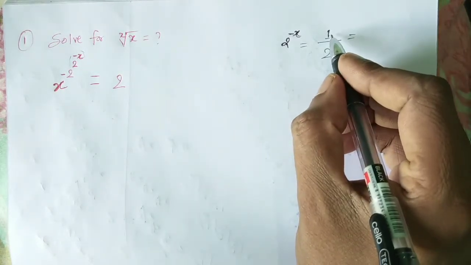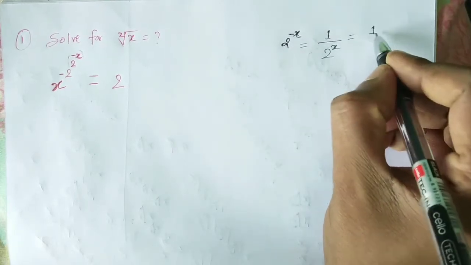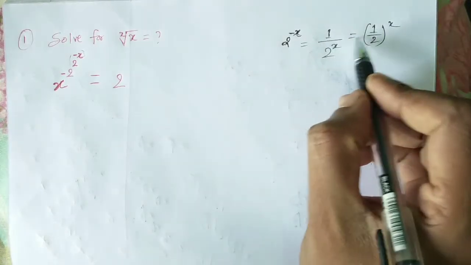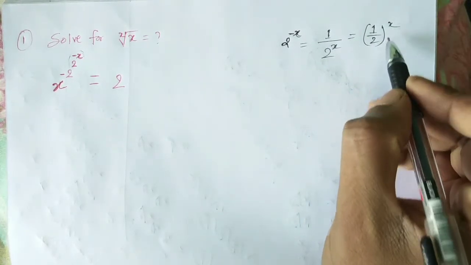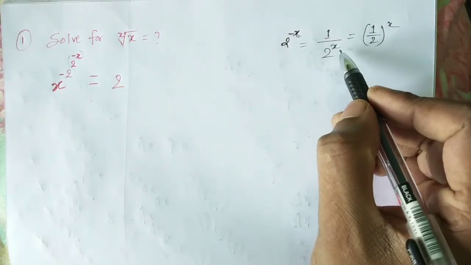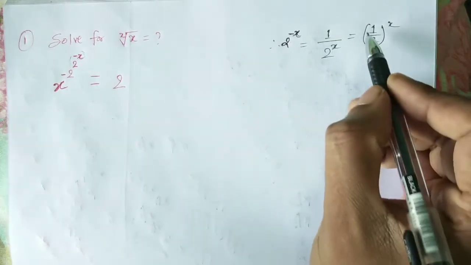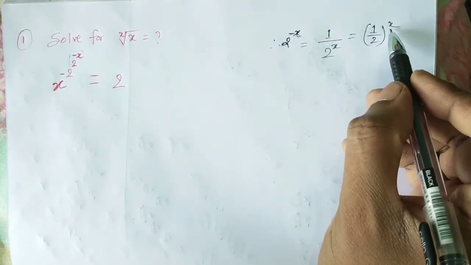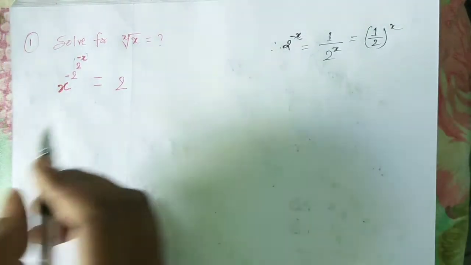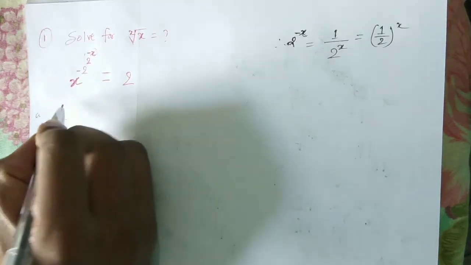Now this 1 by 2 to the power x can also be written as 1 by 2 whole to the power x, because 1 to the power x is 1 and 2 to the power x stays the same. So 2 to the power minus x can also be written as 1 by 2 whole to the power x. So now if we solve this question, then this can be solved as x to the power minus 2 to the power